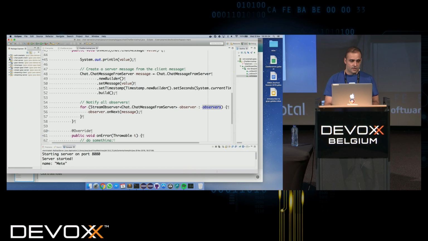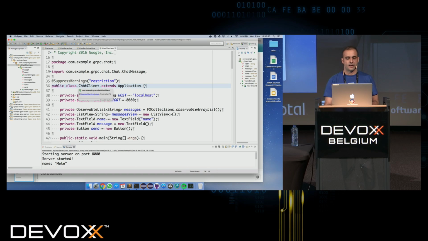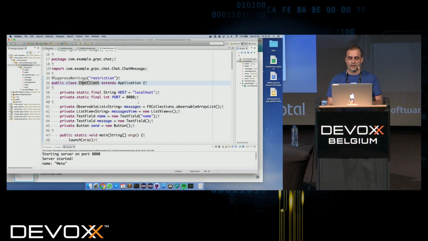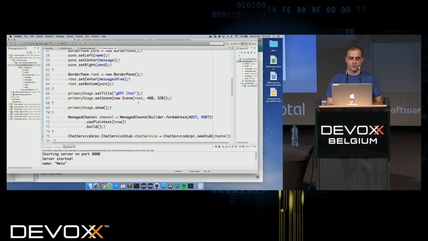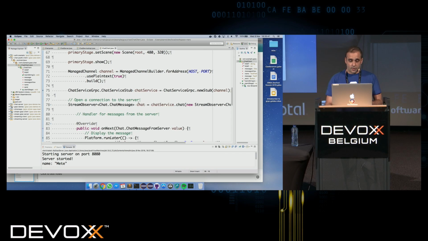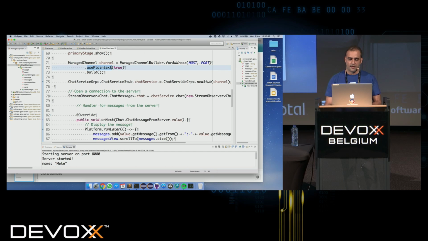And then if we look at the client side, we have this chat client, and we are using JavaFX here. So there's lots of UI code here, but we don't care about that. Let's just look at the actual gRPC code. As before, we are creating a managed channel for the host and the port, and we are using HTTP, not HTTPS. Now from the generated code, we get a new stub, but the difference in this case is that